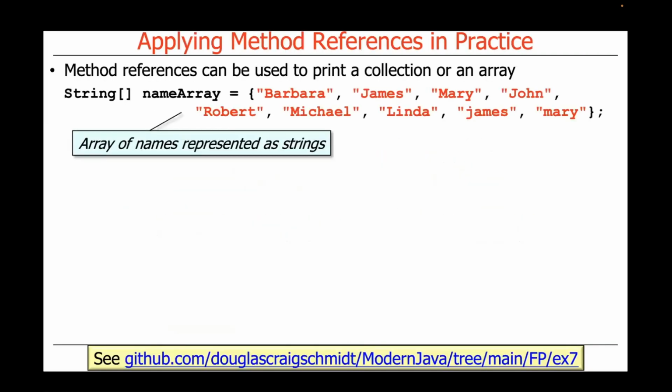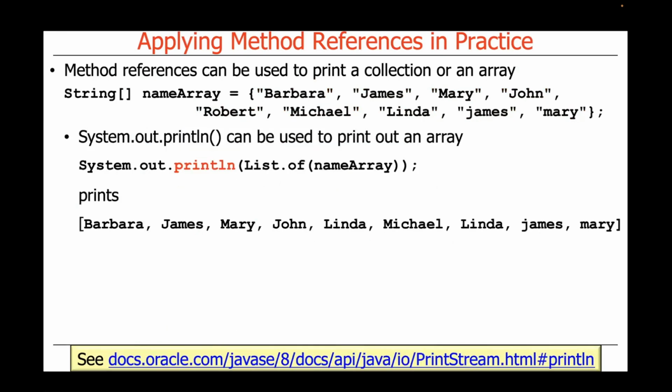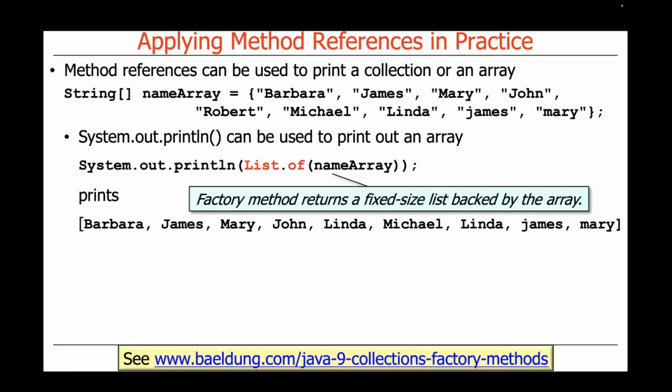repository. So once again, we've got this array of names that are represented as strings, and we want to show how you can print them out in various ways. We'll first start out by doing something very simple that doesn't really demonstrate method references. We just use System.out.println, and we convert the name array into a list using the List.of method. List.of is a factory method that returns a fixed-size list backed by the array. One of the consequences of using List.of is you can't actually modify the contents of that list. It's a read-only list. But for this particular case, we're just printing it, so it's perfectly fine if we can't